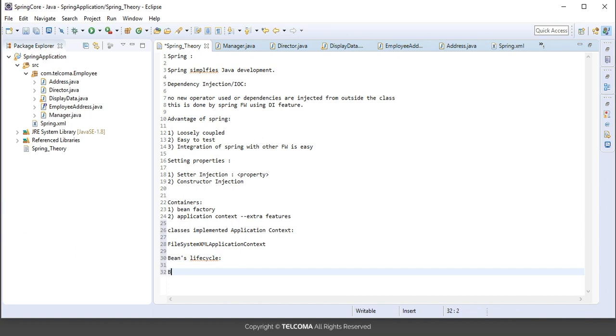So first, what actually happened, I'll just tell you in very simple language. We have a BeanFactory being set up. Fine. After that, we'll call a